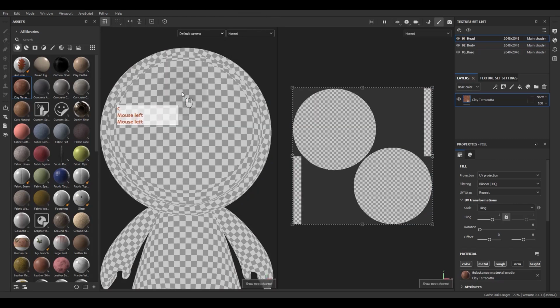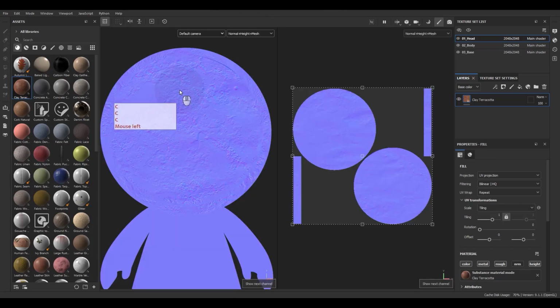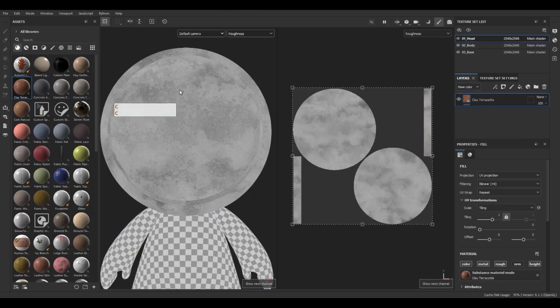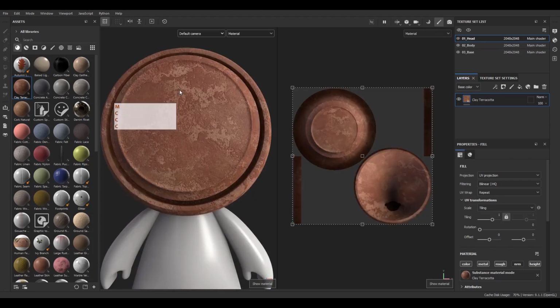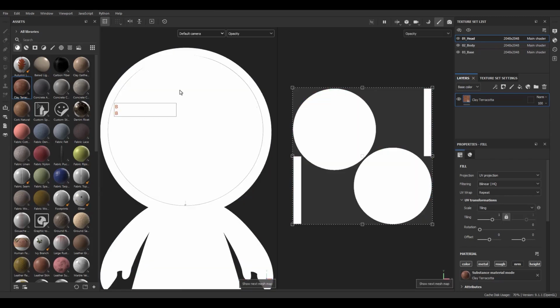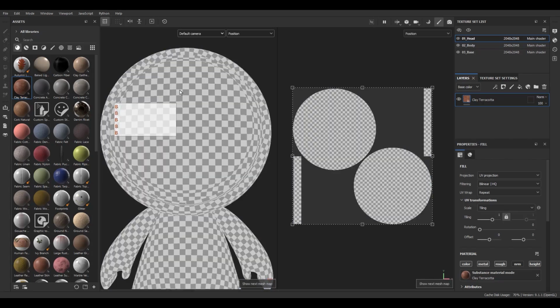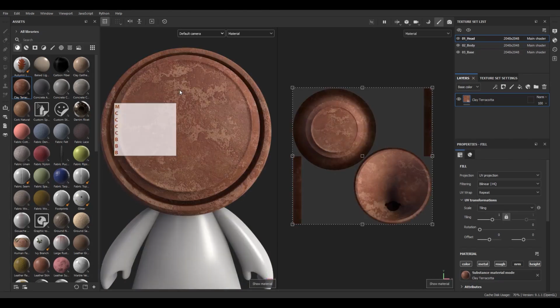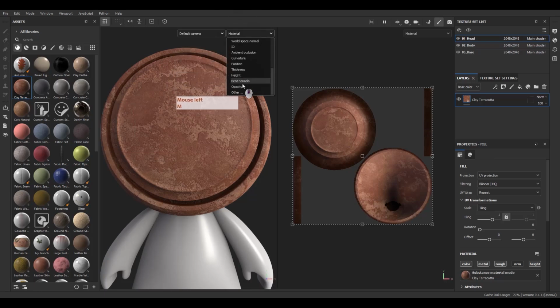the single channel. Okay, this is the normal, this is the height, normal plus height plus mesh, base color, metallic, roughness, etc. And I'm going to press M. Now we have the material mode. And B is for the mesh maps, which is related to the maps when we are baking from low poly to low poly or high poly to low poly model. So this is the mesh maps, this is the single channel, and this is the material mode. And you can even switch to, for example, mask if you create a mask on the layer with this list. So we are going to cover that